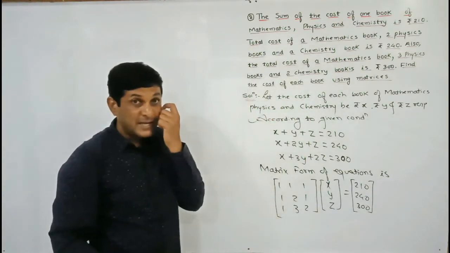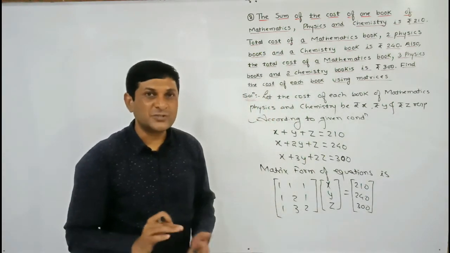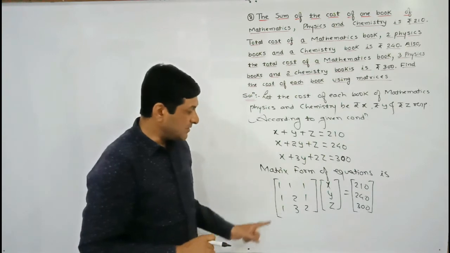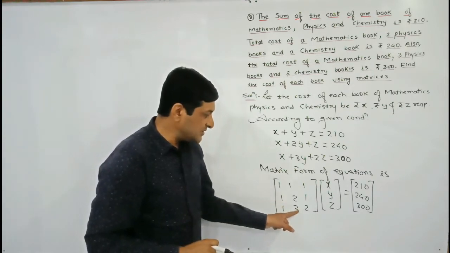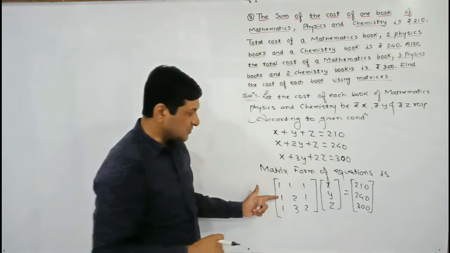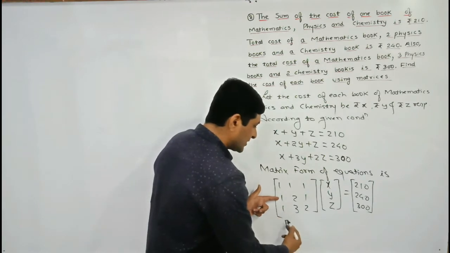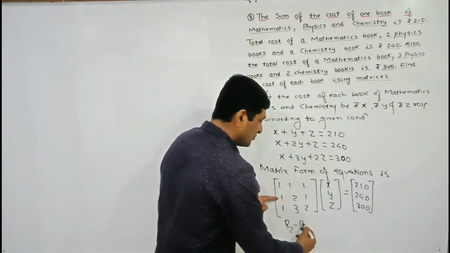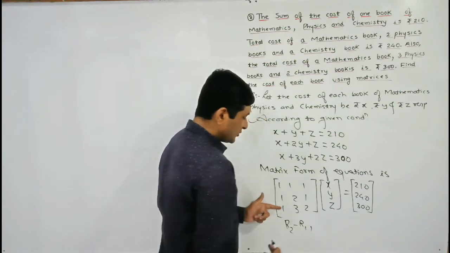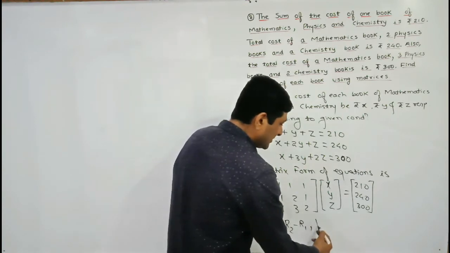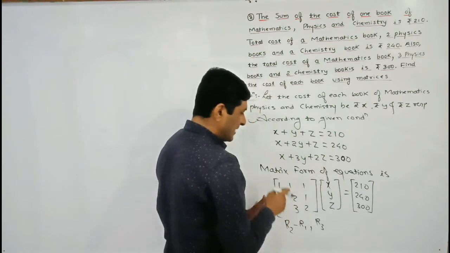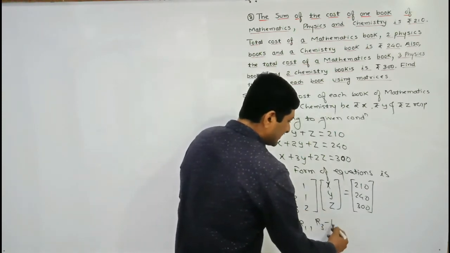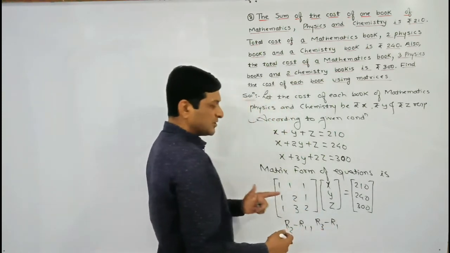Now, our aim is to convert this first matrix into upper triangular matrix, and for that purpose, we have to convert these 3 elements into 0. So, to convert this element into 0, our operation is on R2. What should be our operation? R2 minus R1. Next operation is on the element of R3. What is that operation? R3 minus R1. So 1 minus 1 will become 0.